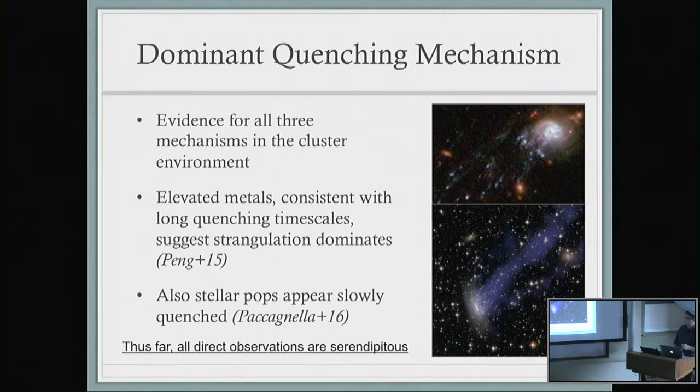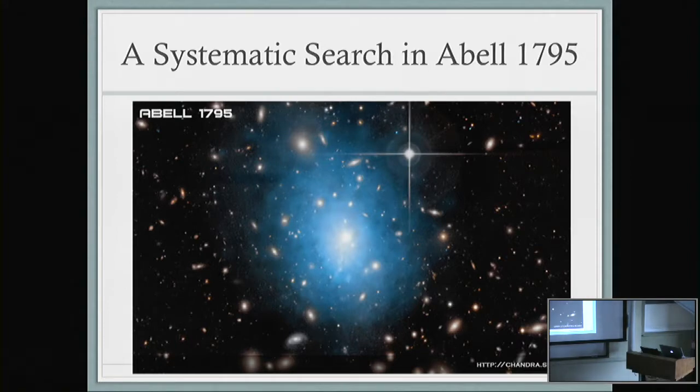So we set out to actually directly look for stripping of the hot halo, so we can say, this is a thing that definitely happens, even though we're pretty sure it happens, but obviously you'd like to just see it. And so that's what we did. We went to Abell 1795, which is a very nearby cluster, redshift 0.0625, I think. And so this is a Chandra image, a press image of Abell 1795. And this is the inner part of the cluster.